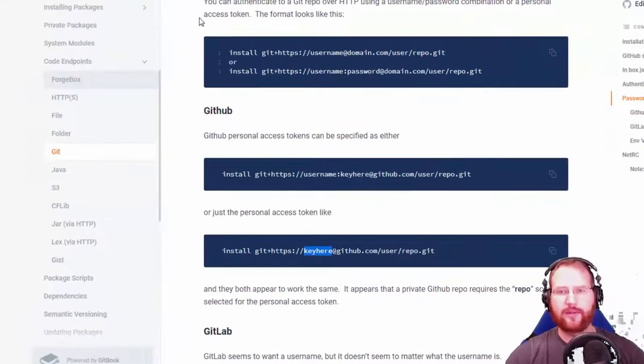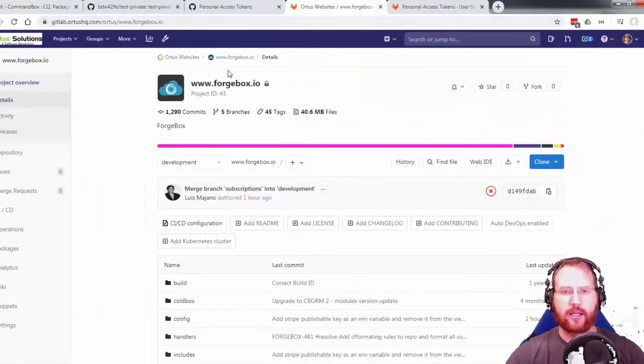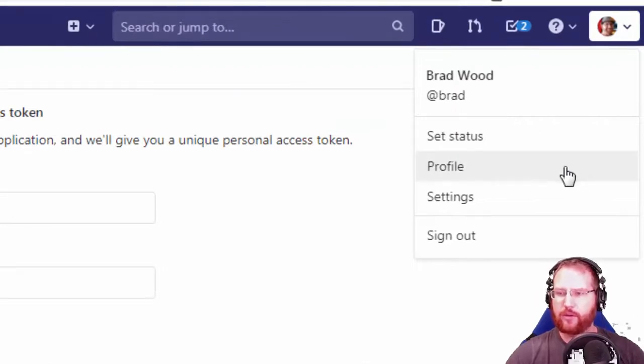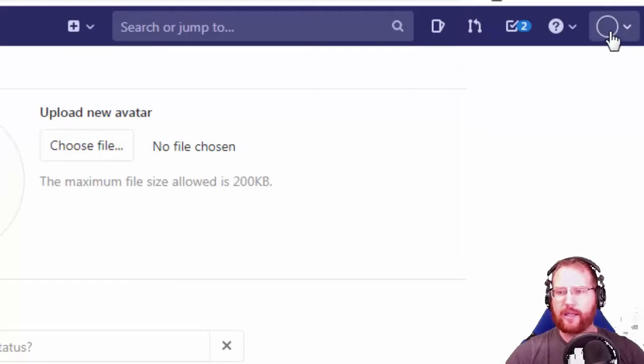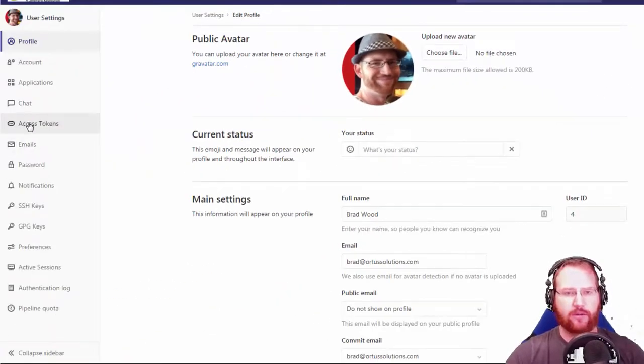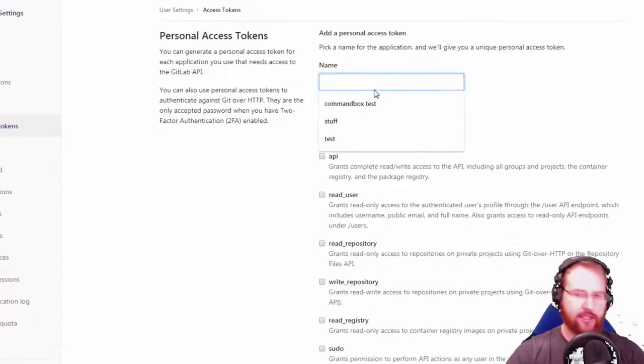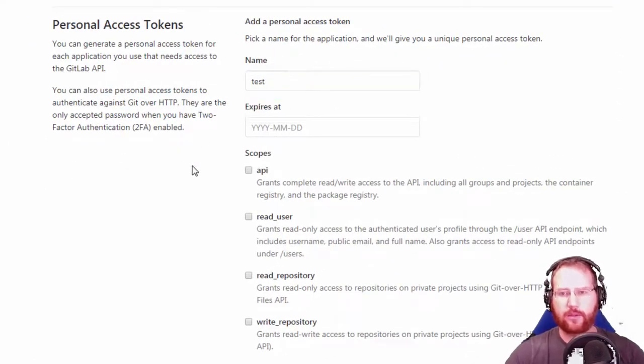I'll show you a quick example of GitLab, just since they do it slightly differently. Here I have a private GitLab repo, which is the source code for the ForgeBox site, just because it's the first thing I pulled up. So your personal access tokens in GitLab, this is a self-hosted version that Ortus uses. You go to your little icon again in settings, and then we go to access tokens, and here we can create a personal access token for your GitLab. So I'll call this one test as well